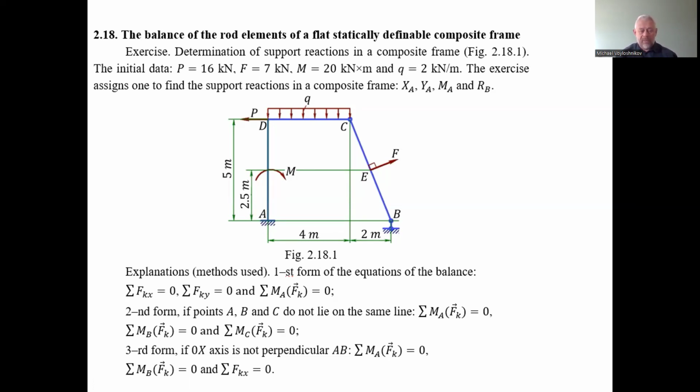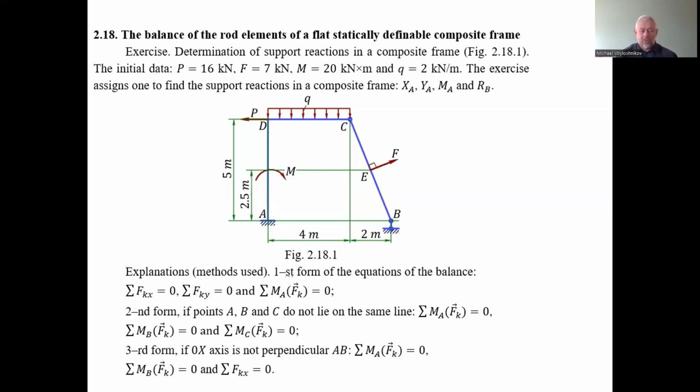The third form of the balance equation is that the projection of forces on one definite axis, it could be the abscissa axis or the ordinate axis, here we have the abscissa axis, has to be equal to 0. This is one condition of the balance of the mechanical system, and